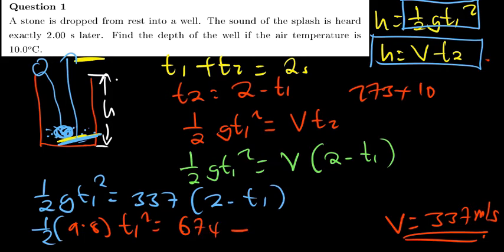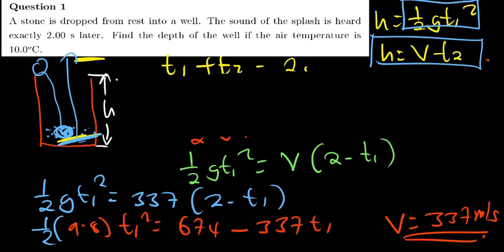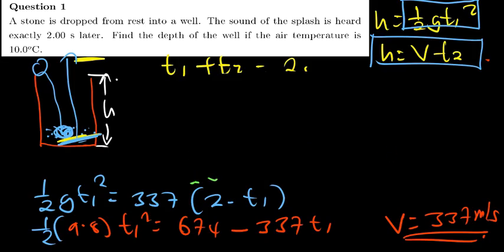Then minus 337 times t1 is 337 t1. So now I can get rid of this. Then I'll say half times 9.8 is 4.9 t1 squared is equal to